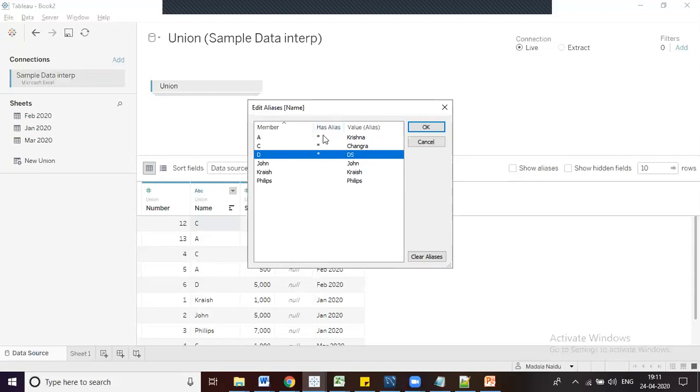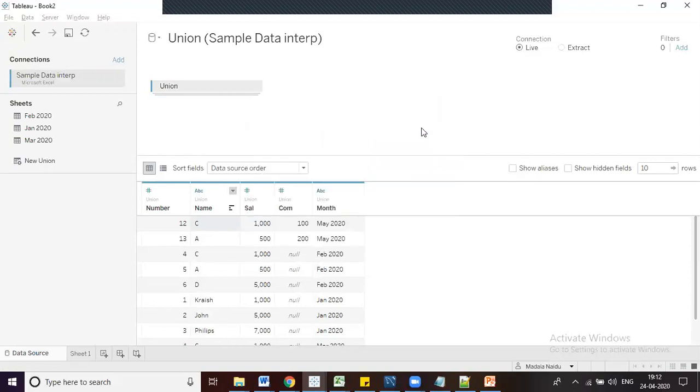And has alias is showing a symbol, right? An asterisk symbol. By looking at this we can say this data member has an alias name. So this is what alias means. Now I am clicking on OK. Once you click on OK, it automatically shows a tick mark on show aliases.